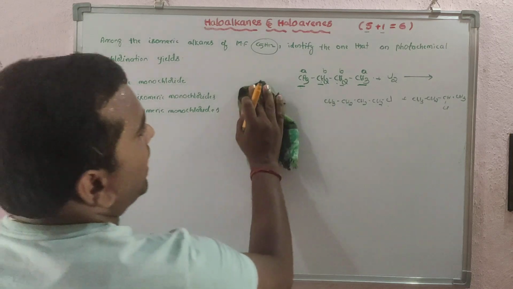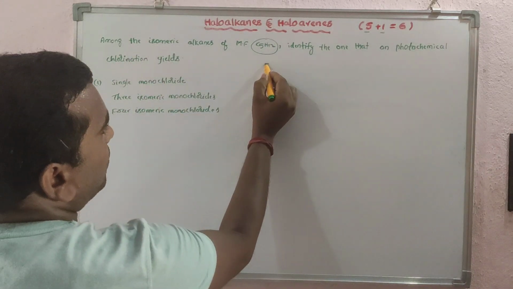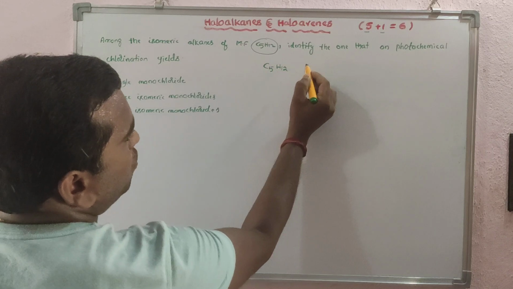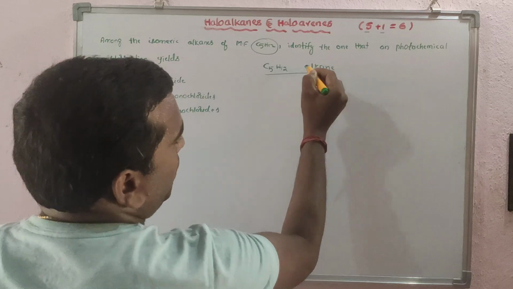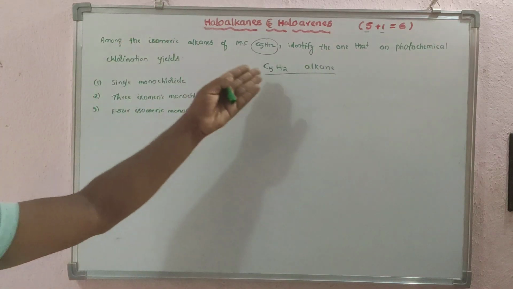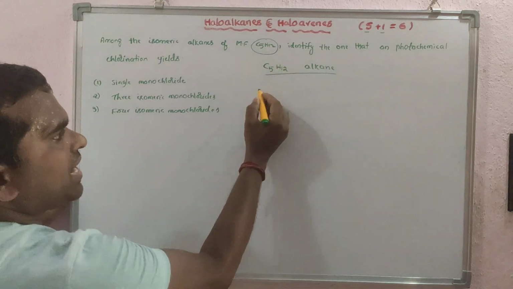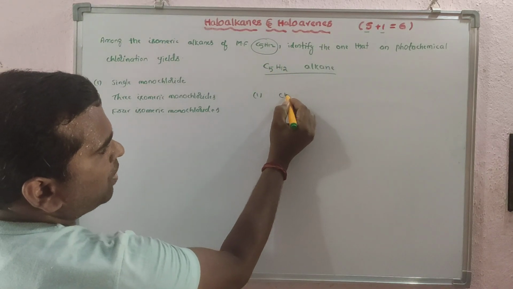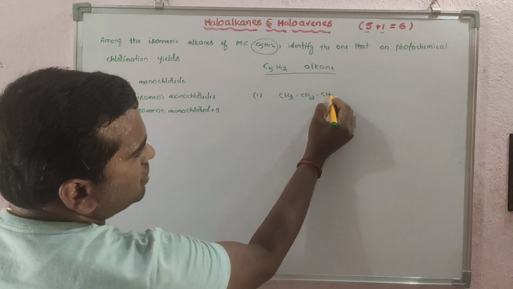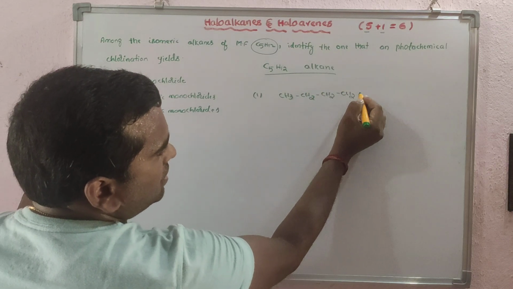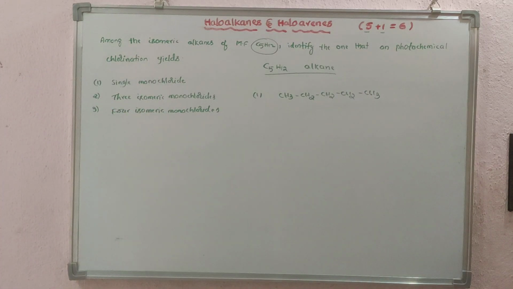Now the question. In this one, they have given C5H12. C5H12 means what? Alkane, pentane. So we have isomers. We have already written isomers here, and you can write isomers for this one. First, the simple n-alkane I will write: n-pentane, CH3, CH2, CH2, CH2 and CH3. If I take this one.